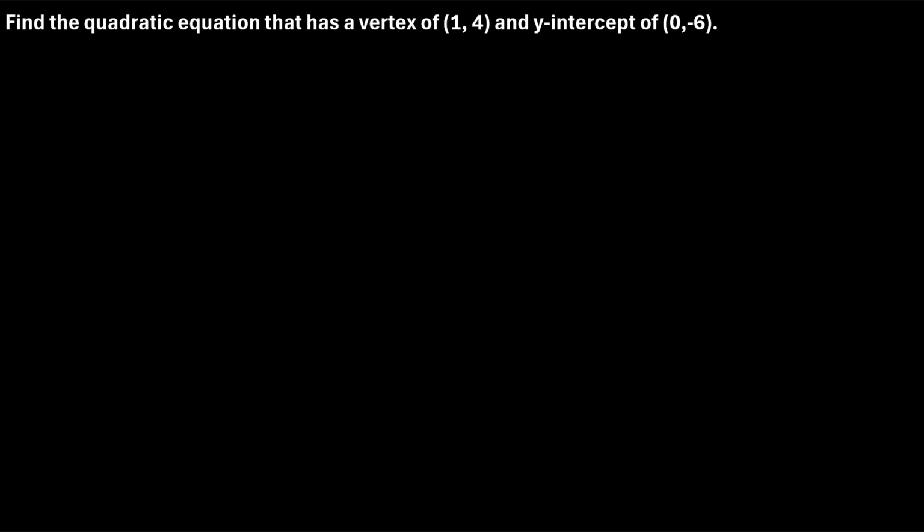We are asked to find the quadratic equation that has a vertex of (1, 4) and a y-intercept of (0, -6). Now, when we're trying to find a quadratic equation and we're given the vertex, the easiest way to write that quadratic equation is by using vertex form, which uses the following form. y is equal to a times (x minus h) squared plus k, where the vertex corresponds to the coordinates (h,